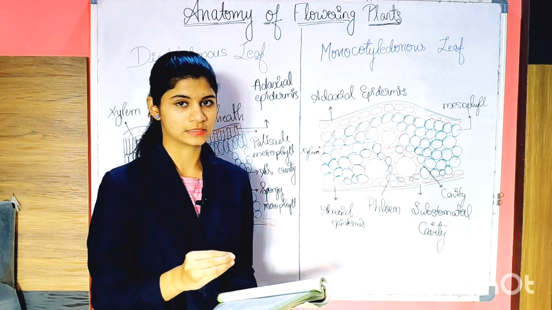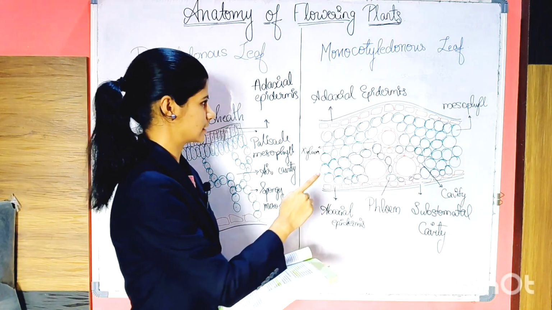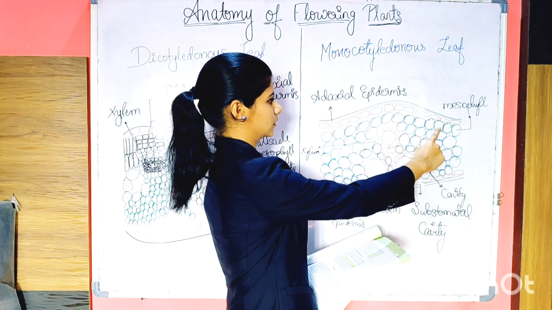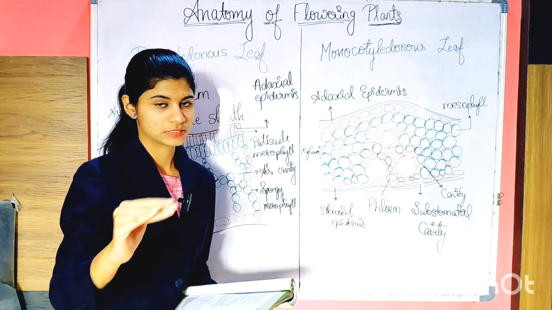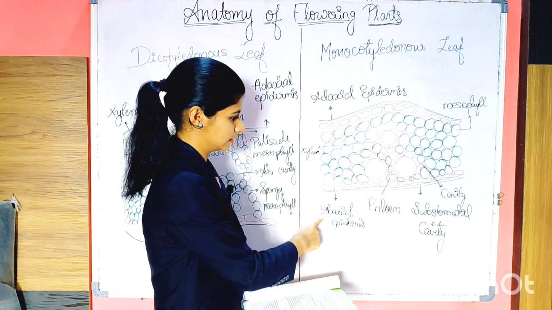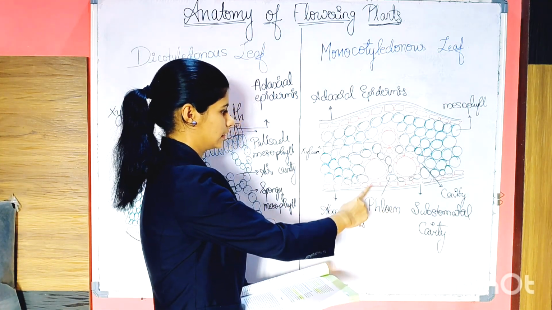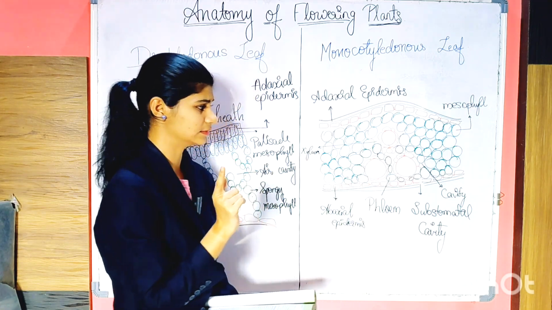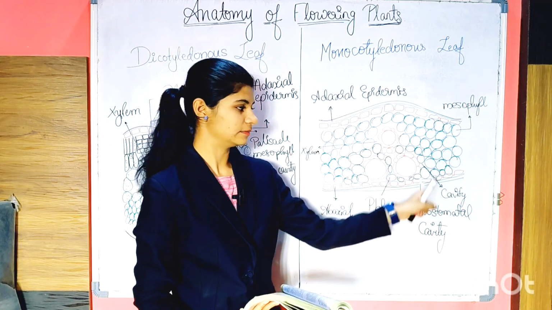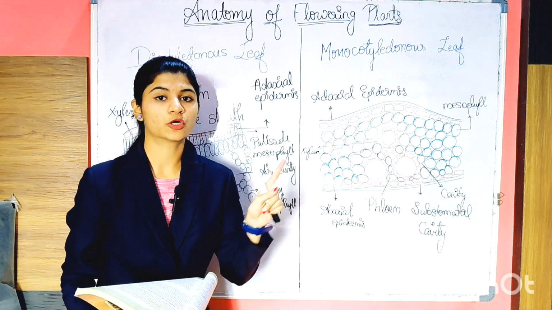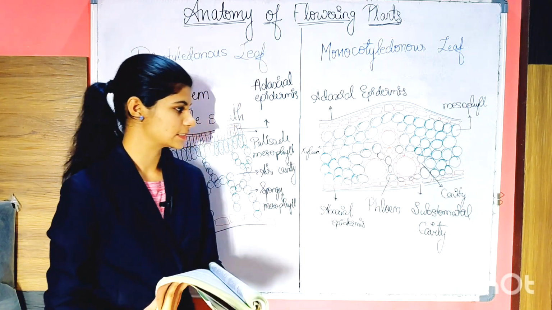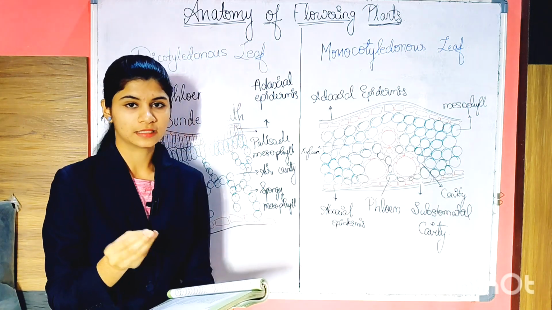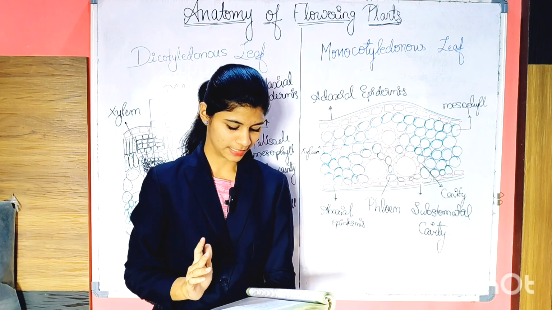amount of cells, right? So this is the diagram of the monocotyledon leaf in which this is the adaxial epidermis. Adaxial means upper surface. Now abaxial is here in the lower surface of the leaf. In this diagram, the xylem is present here and the phloem is here. And the gap between the cells is known as the stomatal cavity. Remember this, it's very important. The cavity which is there is the substomatal cavity, as it's also known. Right, now